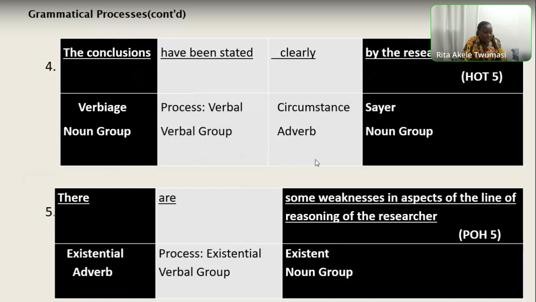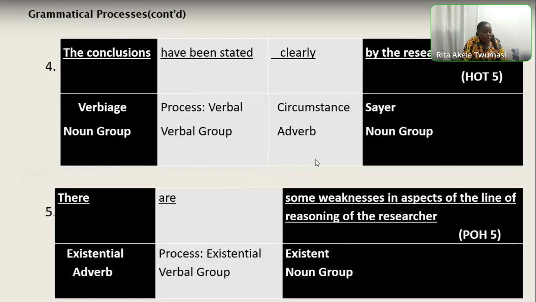Now, by structuring the clause like this, examiners shift attention to the message rather than the producer of that message, the candidate. The last one is existential. That is example 5. Existential process represents that something exists or happens. So usually you have a determined subject there, which is usually employed, plus the verb or other verbs exist to express an existence, and there is a noun group as the existence.